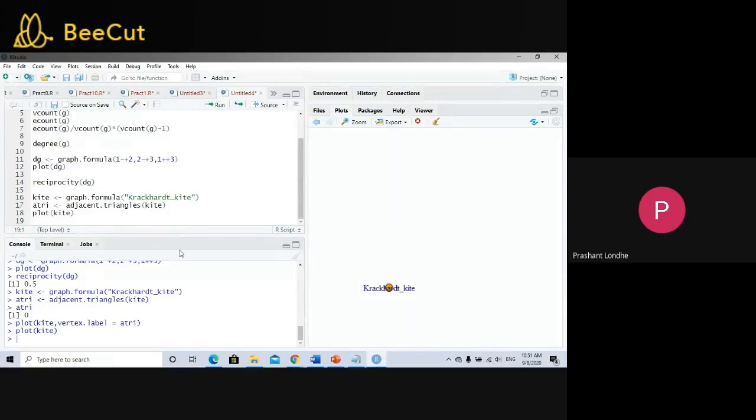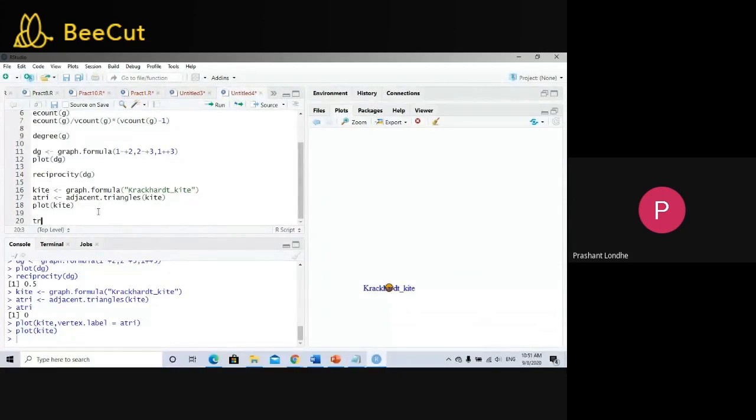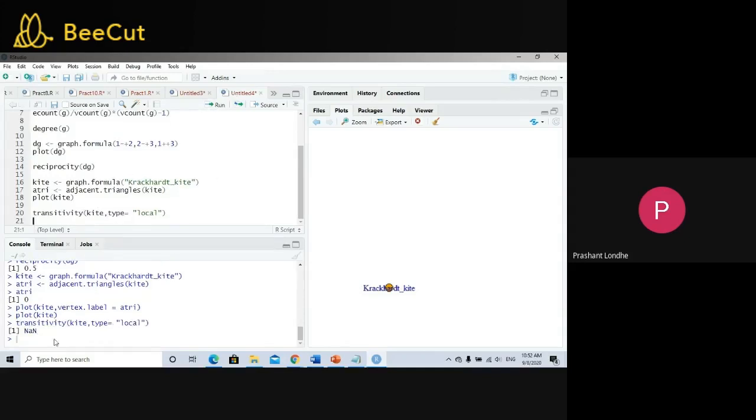Now let me go ahead and calculate the transitivity of that particular graph. Transitivity kite, type is equal to local. So it's a nil, so we're not getting any transitivity.